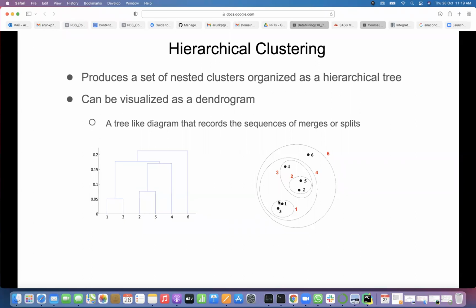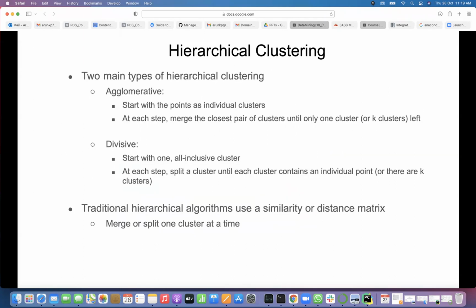Or if you assume every point is an individual cluster, then it is enough to know how to compute the distance between 2 clusters. Whichever pair of clusters has small distance, those clusters will be merged in the next iteration. Then 1 cluster will become less. In this case, you are left with 5 clusters. Then second iteration will leave 4 clusters. Out of 4 clusters which are close, you start merging. That is the agglomerative. At each step, merge the closest pair of clusters until only 1 cluster is left.